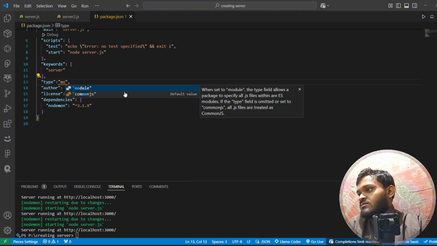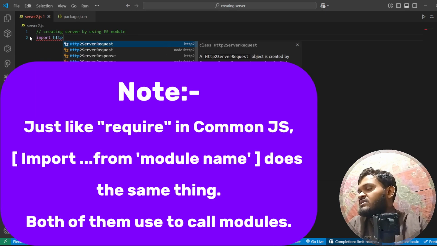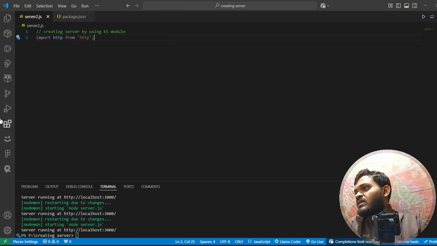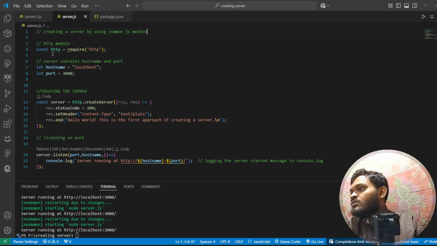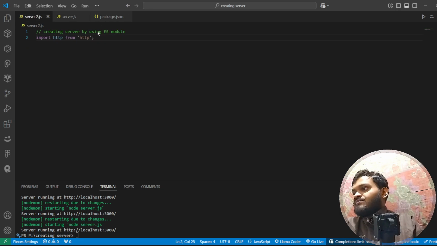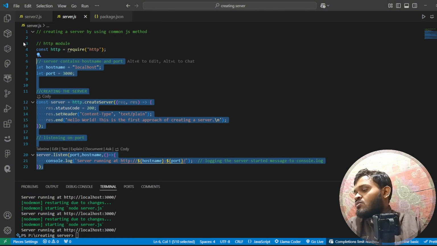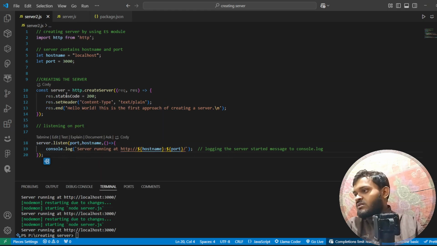And here just click on module, and after that, import http from http. Okay, http is the basic variable. Like this one, if you open this one, this constant http is the same concept as this syntax. And the same thing I'll be doing: copy it and paste it. I'll be doing it to save time. So http from http, and if you do the same thing,